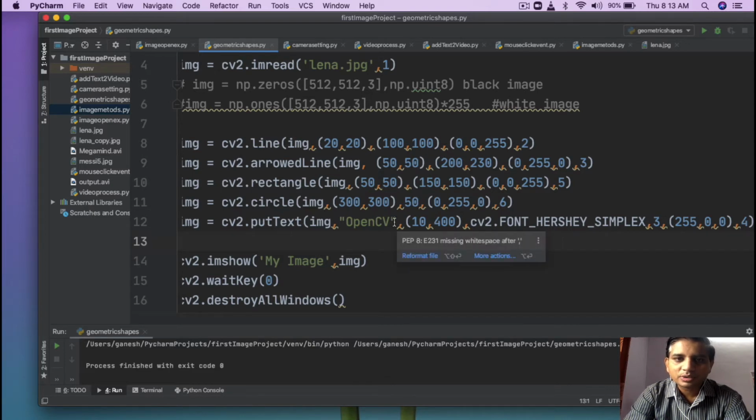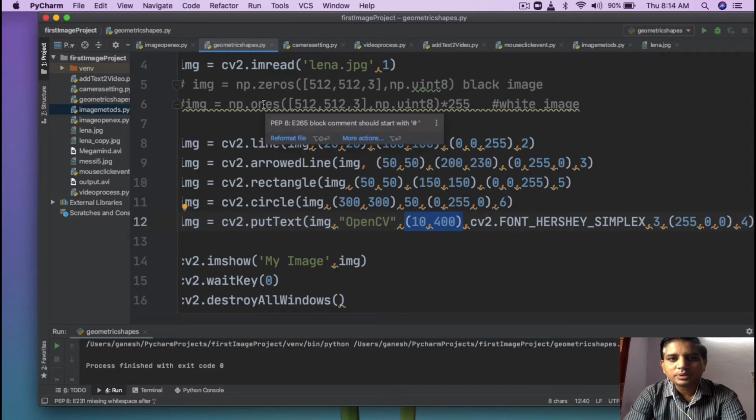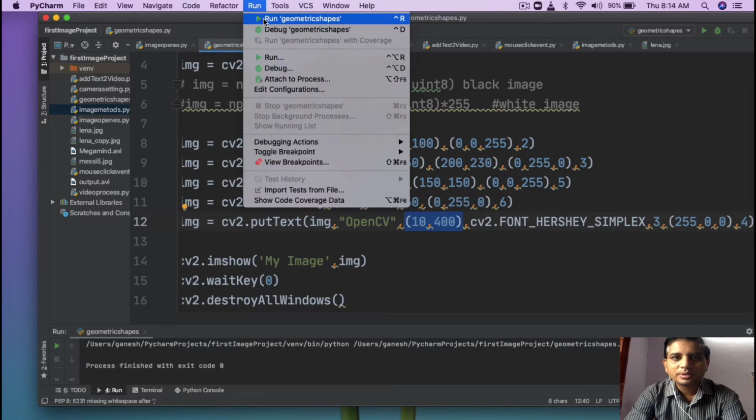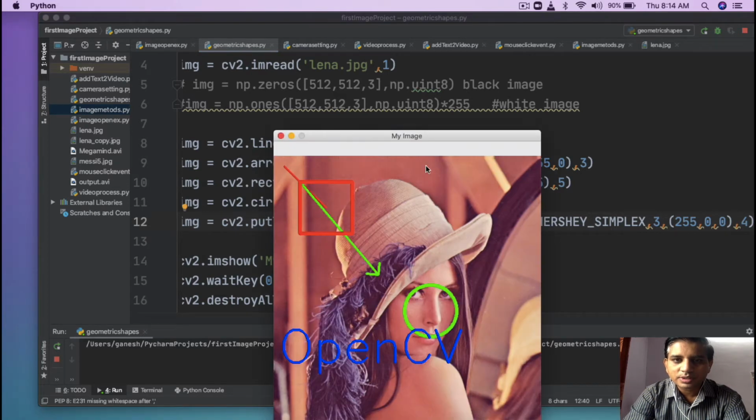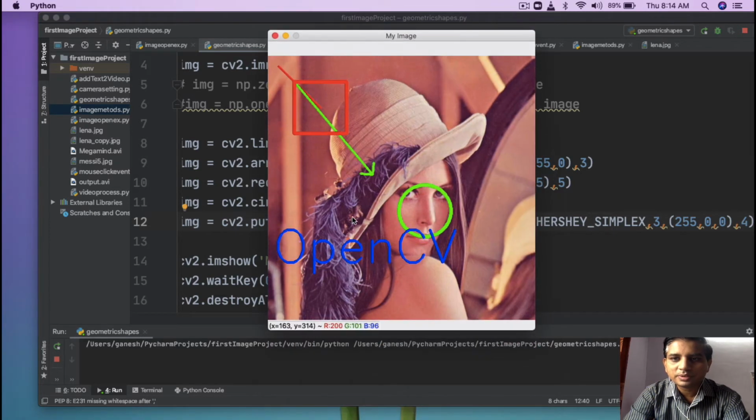OpenCV should be drawn on your image starting from the coordinate 10, 100. So let's check whether OpenCV is displaying in your image or not. Yes, OpenCV has been displayed in blue color because I have mentioned here 255, 0, 0.